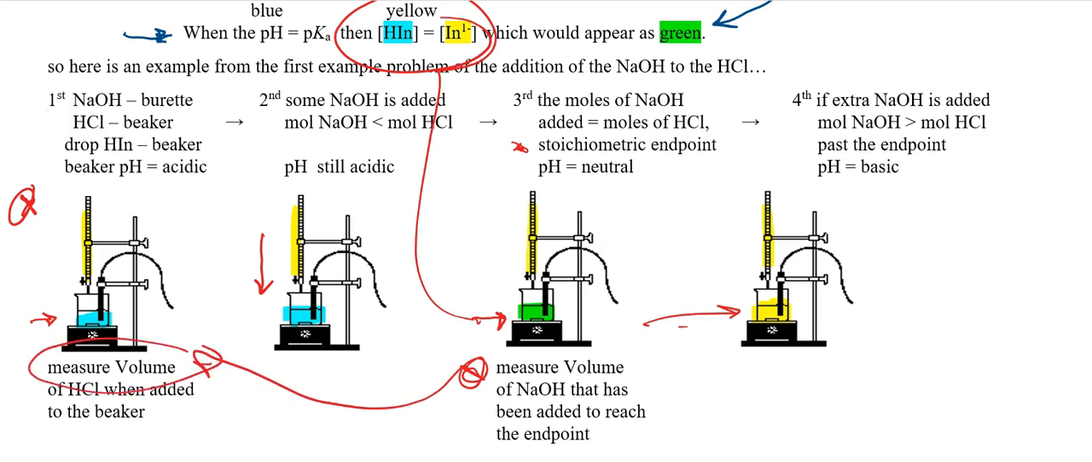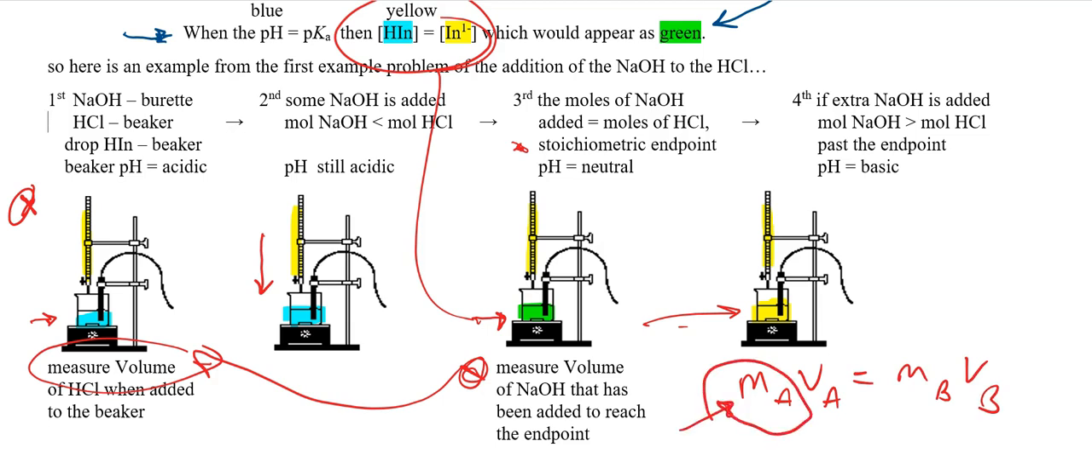And then you can do your MAVA equals MBVB and solve for the molarity of the acid that you're going for. Because now this is known, it was measured in the beaker. This is known, it was measured from the burette. And that was known because it was given to you ahead of time. So that basically is how